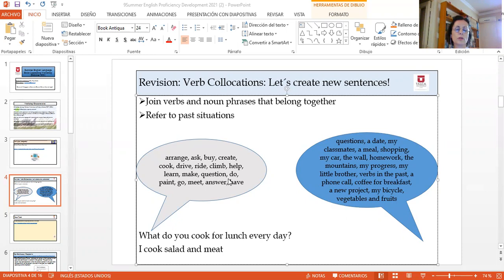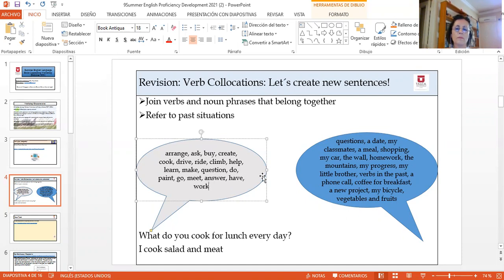We don't have it here, but we can add it. My father works. Where does he work? No, works. We have an S because it's third person. He works